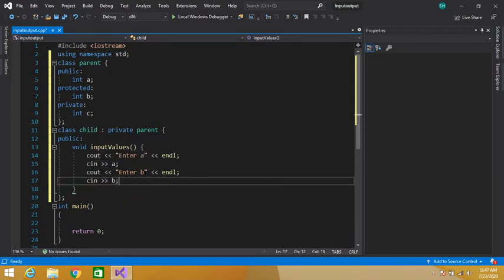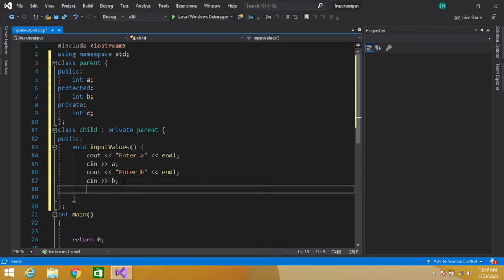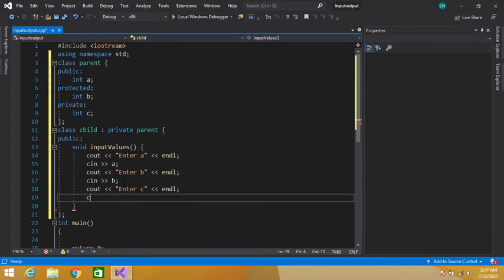Notice the third data member C is private. Private data members of a class are only accessible in the class in which they are declared. So we cannot access this third data member in our derived class. Let's see. Enter C. The compiler is showing an error.